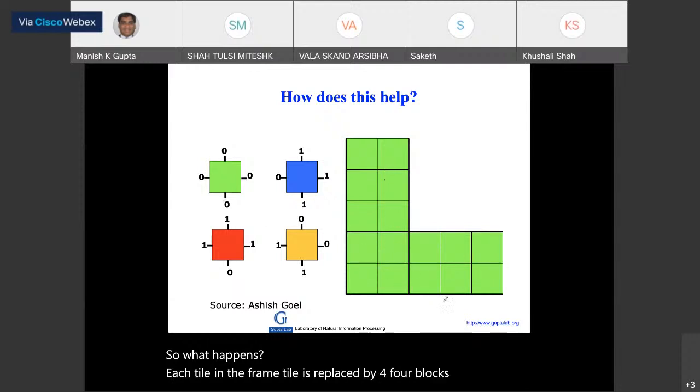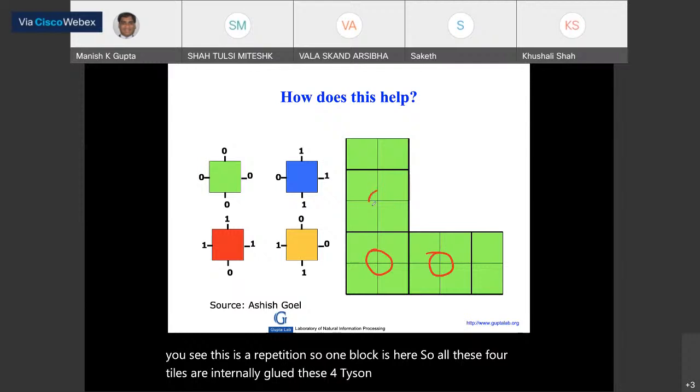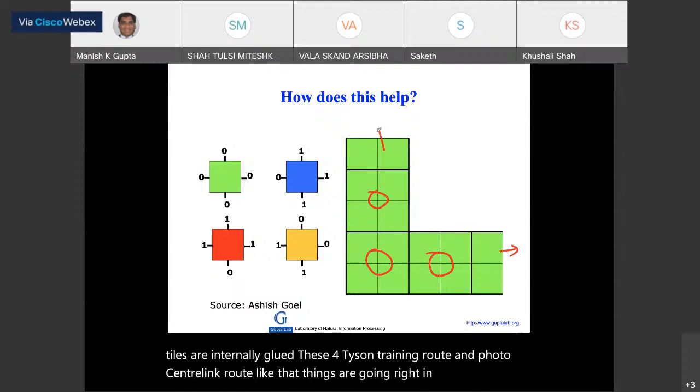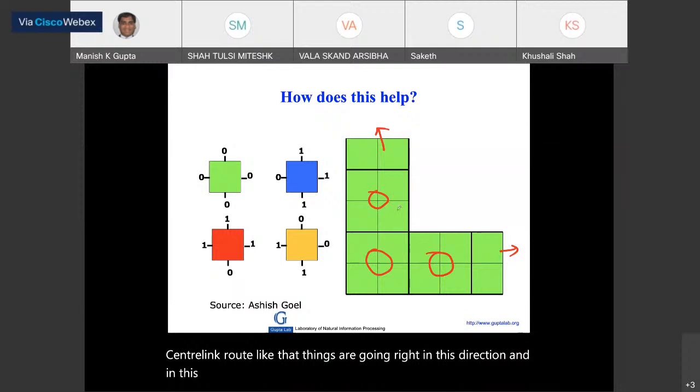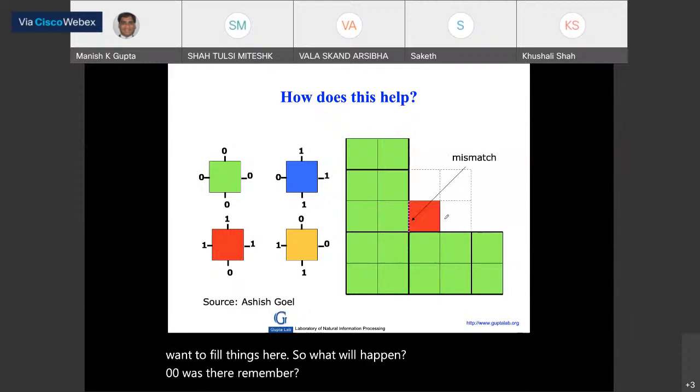So you see this is a repetition. One block is here, all these 4 tiles are internally glued, these 4 tiles are internally glued, and like that things are growing in this direction and in this direction. So once this frame is created, I want to fill things here. What will happen? 0, 0 was there, remember? So if there is a partial mismatch that happens here,